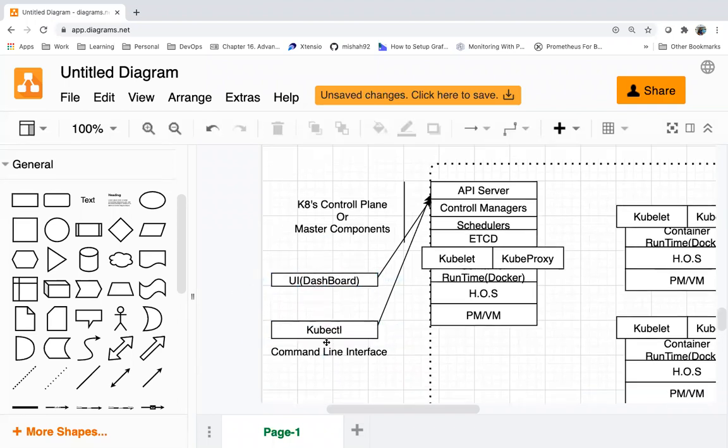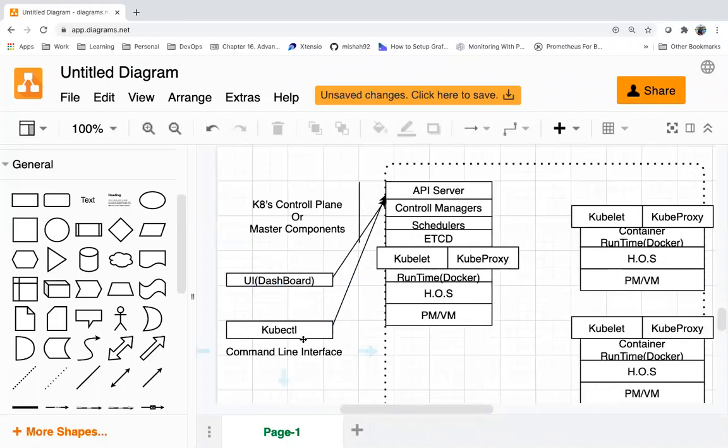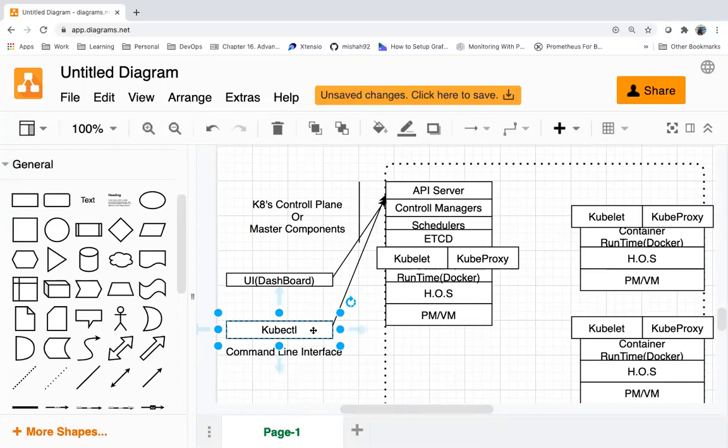So if I want to do some administration task like creating pods, basically containers, updating the containers, deleting them, or creating volumes, any Kubernetes administration task, we can do using CLI or UI. So it's a command line interface, CLI. Whatever commands we are going to execute, whatever you want to do in your cluster,